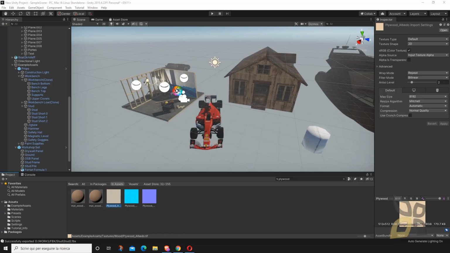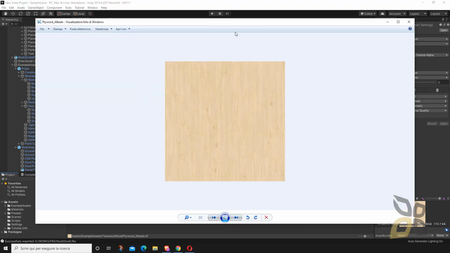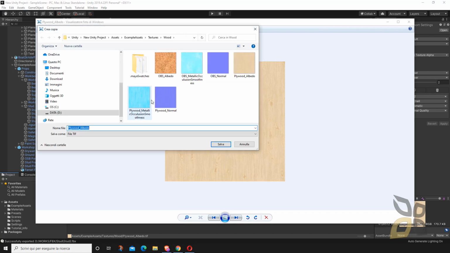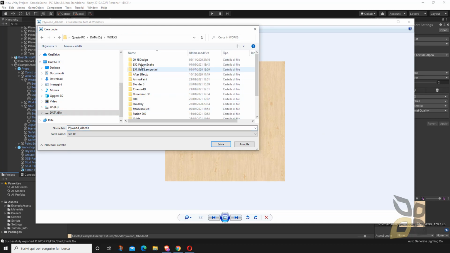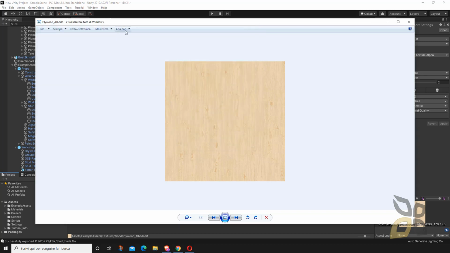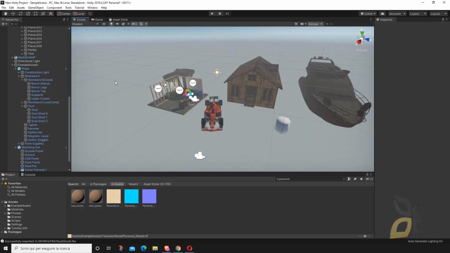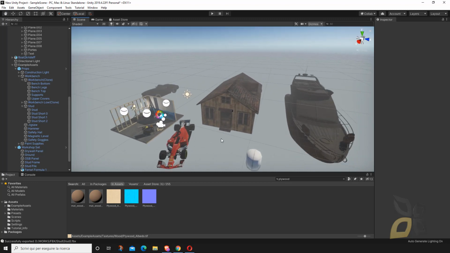Another thing you can do if you want to work with textures is search for the texture that you're looking for inside the content browser. Once you find that, you can just right click and open it. This is going to open it in Windows or any other application, and then you can create a copy anywhere. So for example, I would create a copy inside my FBX folder here. There you go. I will save a copy and then I will reestablish the different link inside the Blender application or any other 3D application.